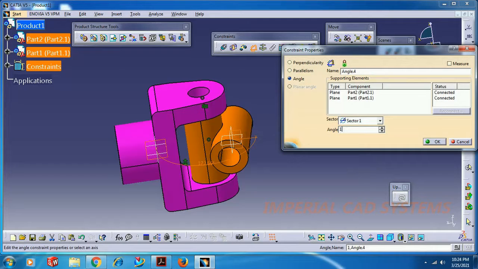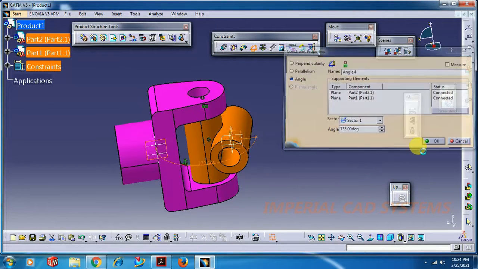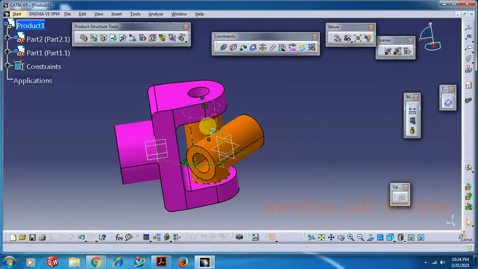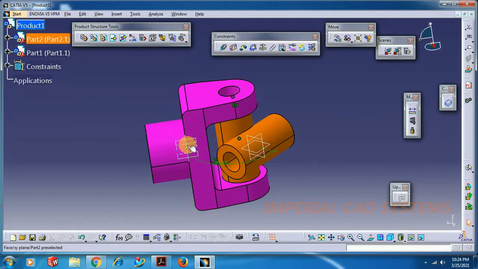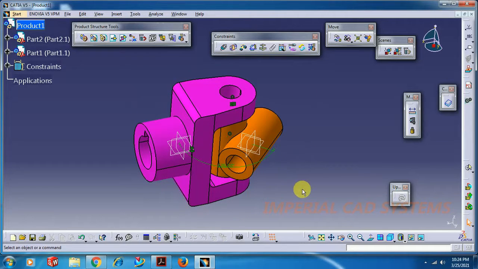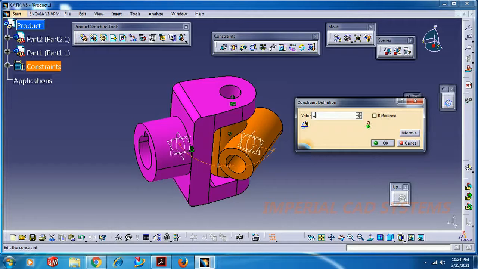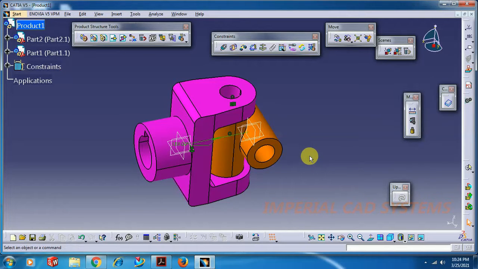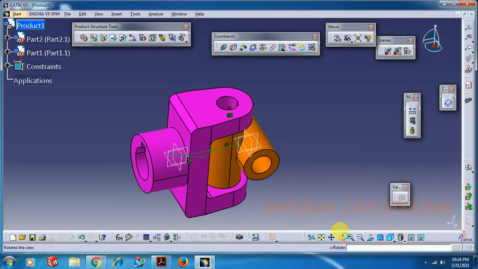Then 135 I give. Now it is turned. Now I have given an angle 135 degrees, or 45, minus 45 it is turned. So like this also we can arrest. If you want straight, then double click this and then make 180 degrees, like this.